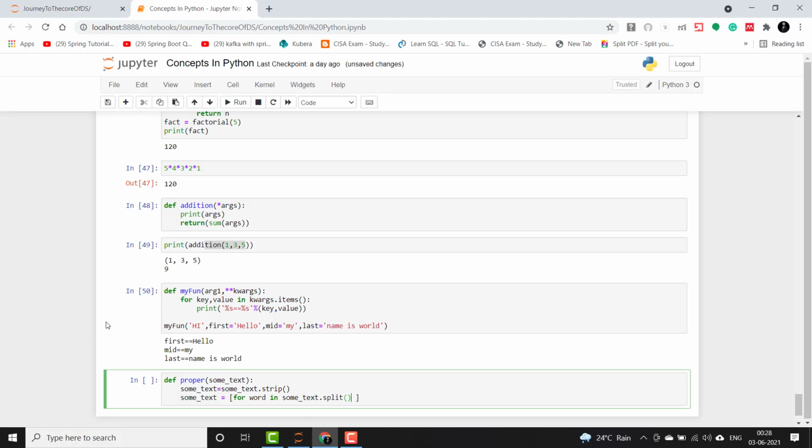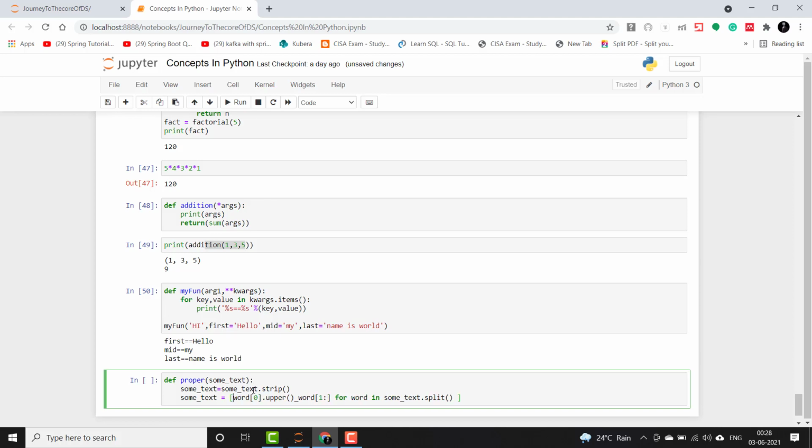Then I will take each word here, and what I'll do is word[0].upper() plus word starting from 1. So we are leaving the first character and capitalizing it, and taking the rest of the string and leaving it as it is. We will be returning this.